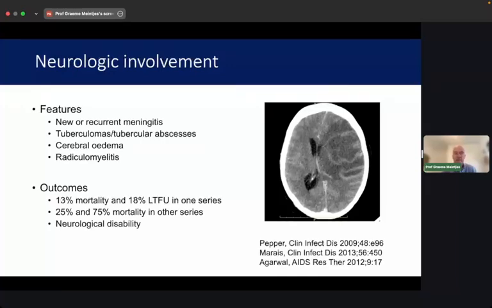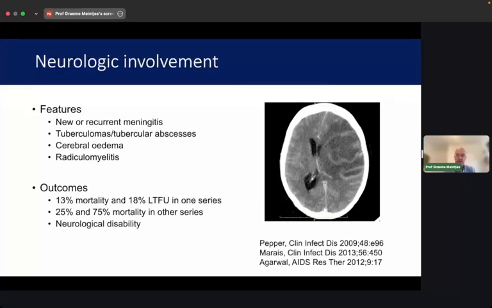The other manifestation is enlargement of tuberculomas or formation of tuberculous abscesses in the brain with surrounding cerebral edema, and then radiculomyelitis, which is a complication of meningitis, inflammation around the lower spinal cord and the lumbosacral nerve roots, typically, that causes a paraparesis and can give permanent paralysis. As I said, this is one situation where mortality can be substantial when the brain is involved